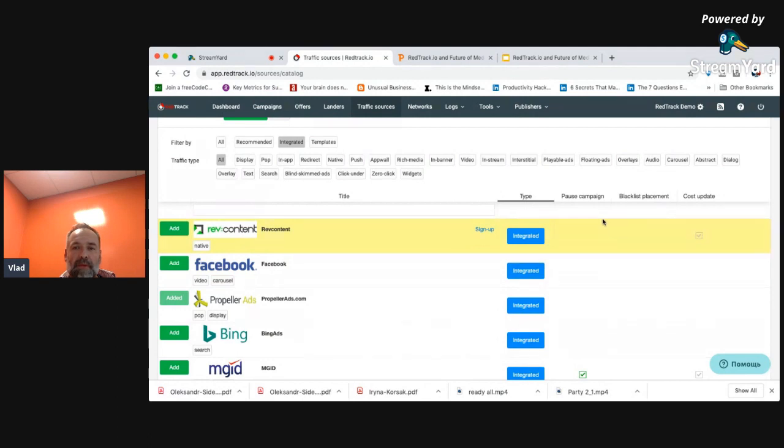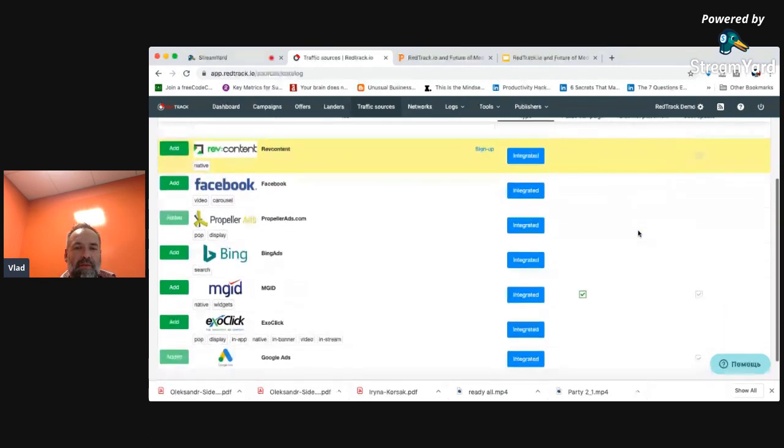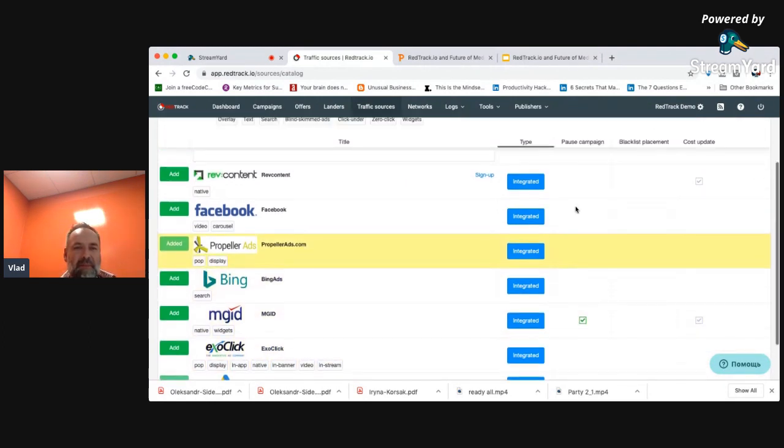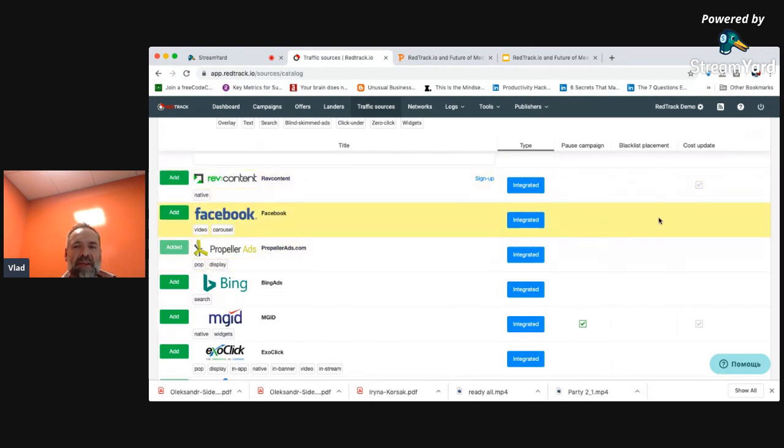We also will feature exactly what features are available for integration. So this is not updated. We'll update it after the webinar because more integration options are available already.